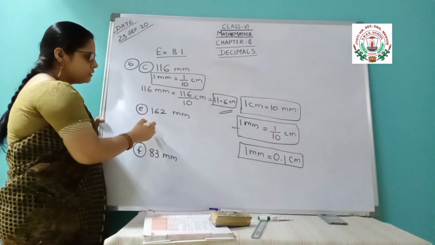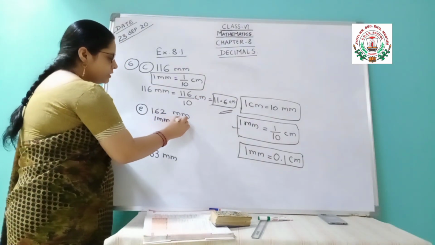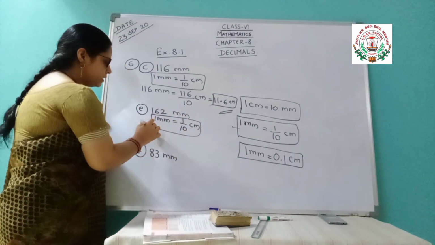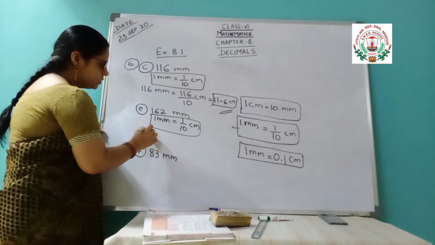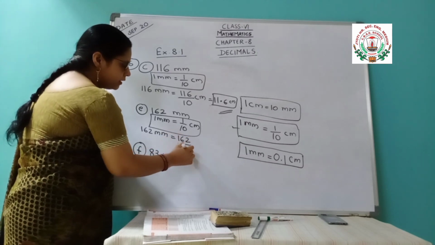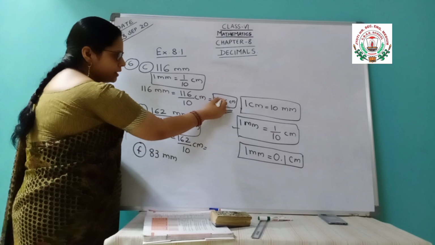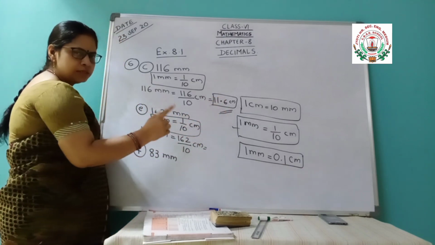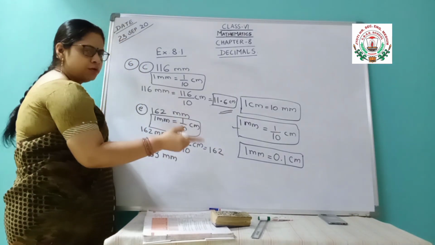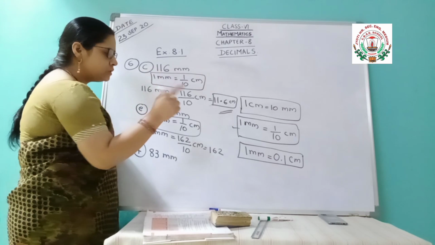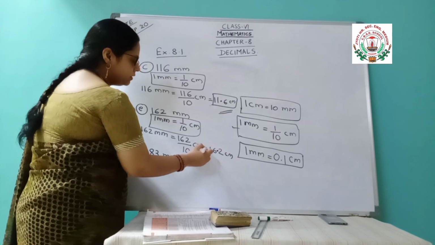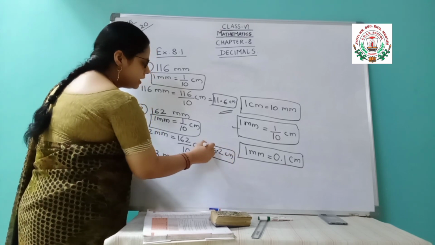So the next one is also of a similar type. First you write the conversion factor. Write that conversion factor in a block. Then 162 millimeter is equal to 162 by 10 centimeter. Then again like this only. By 10 means decimal before one digit. Means 162, 3 digits are there. Before one digit means from the back side one digit before. Means the decimal will come at this place. And this unit centimeter. So this is your final answer.